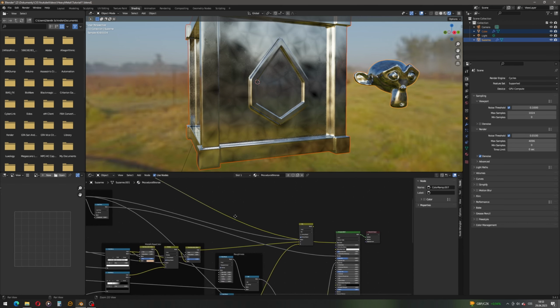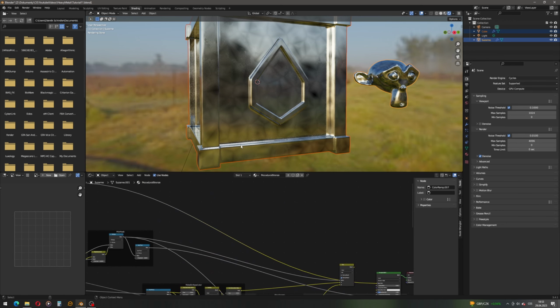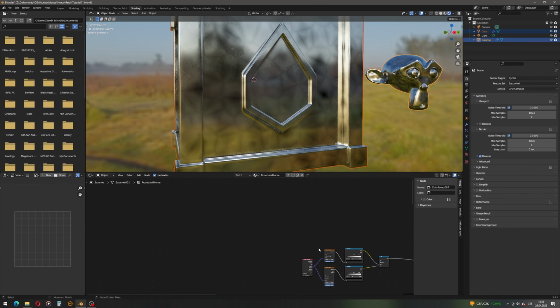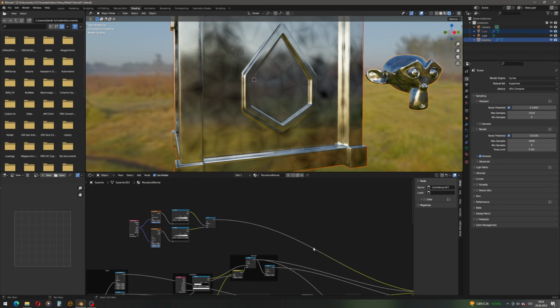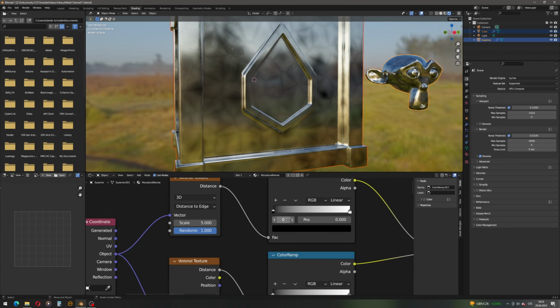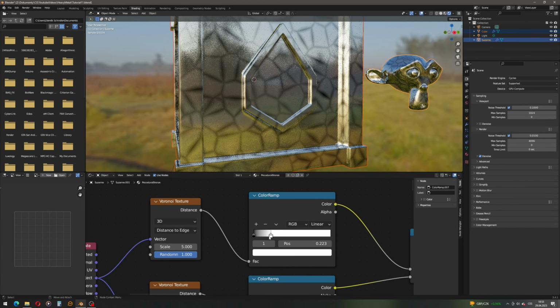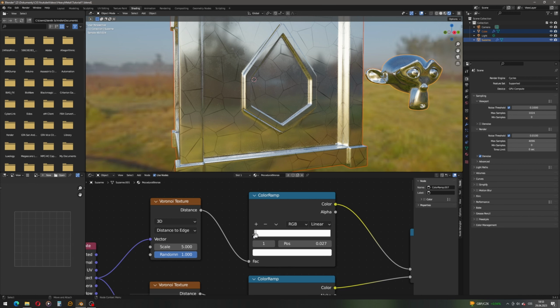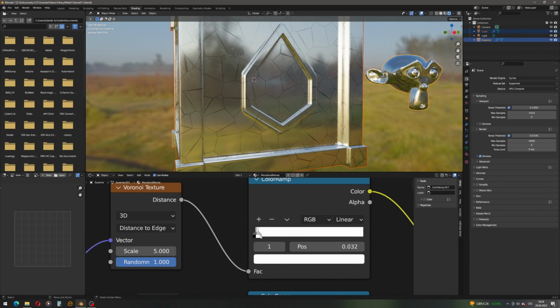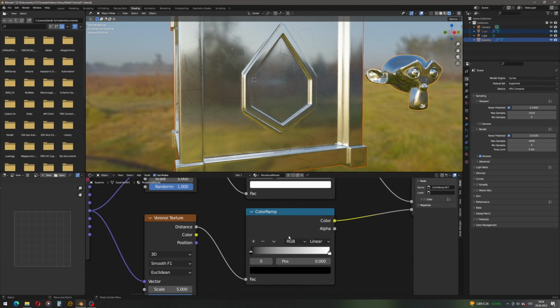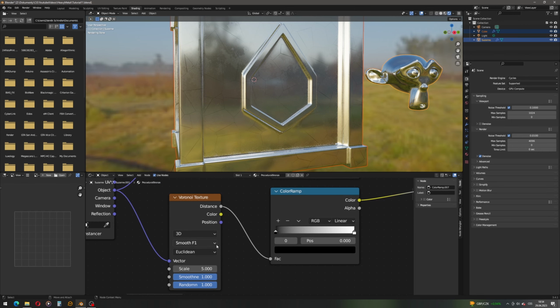Okay, and now what we have is not what we really want. So let's, because we didn't change the contrast and the color ramp, let's turn down the contrast on the distance to edge all the way to the left. It will create quite fine lines, even farther. Okay, like this. And the color ramp of the smooth F1 Voronoi, we will turn down the white value,